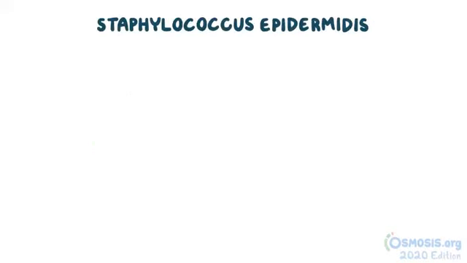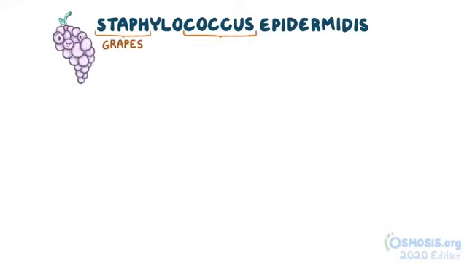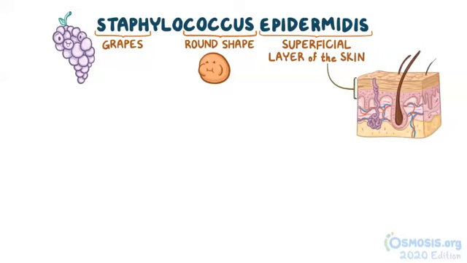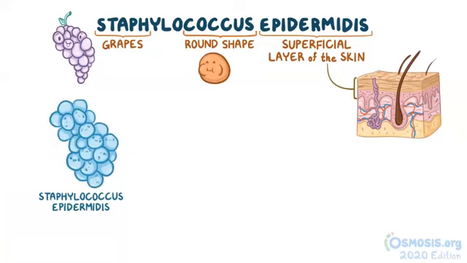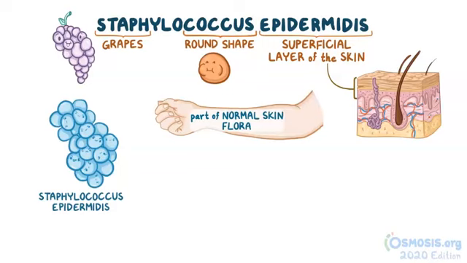Staphylococcus epidermidis, or simply staph epidermidis, can be broken down into staph, which means grapes, coccus, which means round shape, and epidermidis, referring to the superficial layer of the skin. So, Staphylococcus epidermidis are round bacteria that tend to live clustered together as if they were grapes. And they are part of the normal skin flora, even though they may also be found living in the mucosa